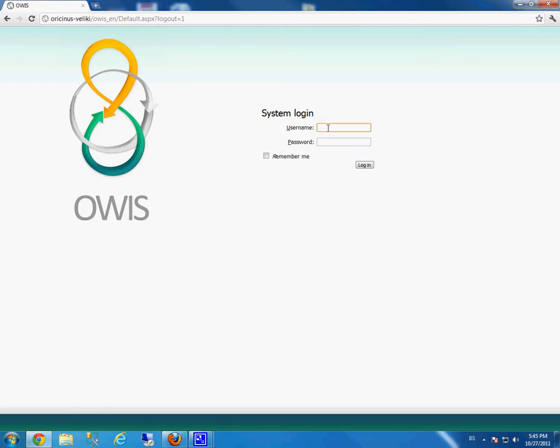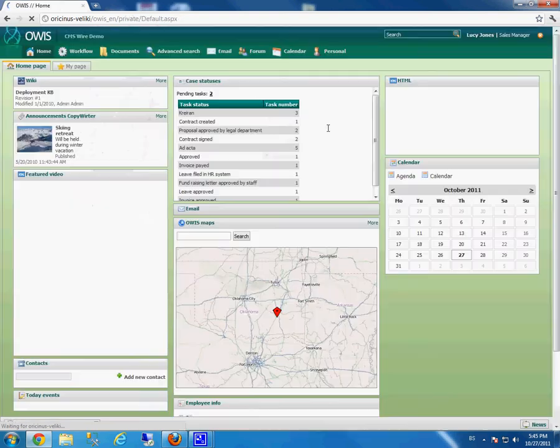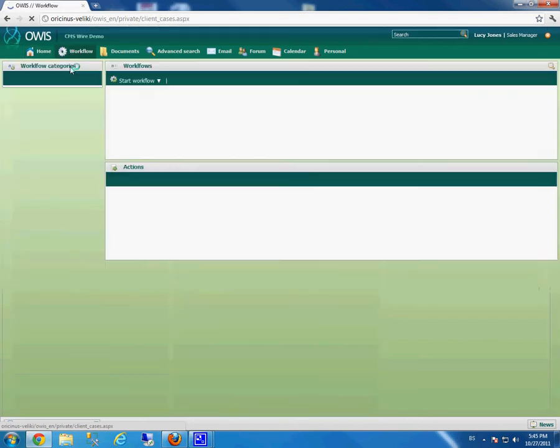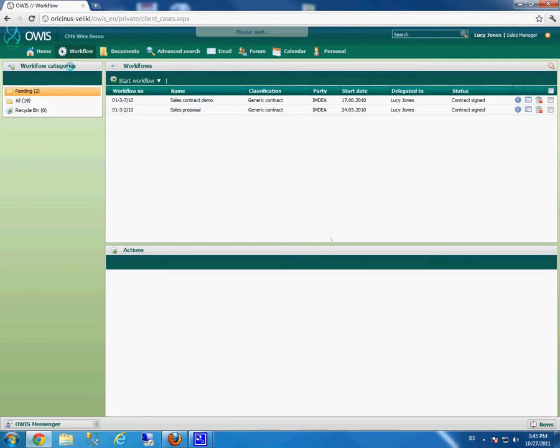So for now I'm going to log in to the system as a user that is receiving invoices and putting them in the system. When we open the system, our main module that we are going to look at is the module of workflows. The workflows module consists of three parts: workflow categories, workflows, and actions, which are part of each workflow instance execution. So right now I'm going to create a new workflow,